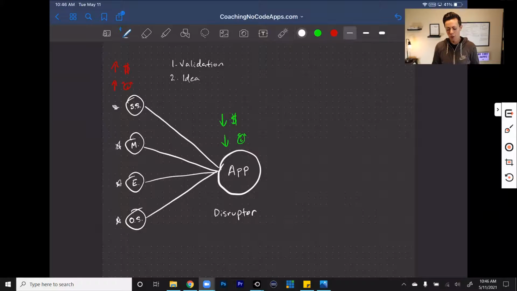Now, what will happen is, when you bring these industries into the present, when you replace all of these really tedious, costly, time-consuming processes with your app, then you will likely see market expansion. So you're going to see other players, if you want to call them that, come onto the market.